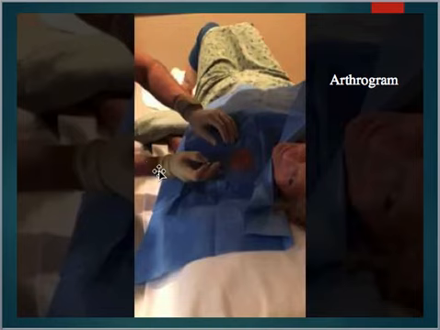This is an image of an arthrogram. So an arthrogram, like I said earlier, can be done to inject steroids or pain medicine into the joint space, or it can be done to put contrast in the joint prior to an MRI scan. So this is a completely sterile procedure. The radiologist performs this. We have the entire tray set up. They use